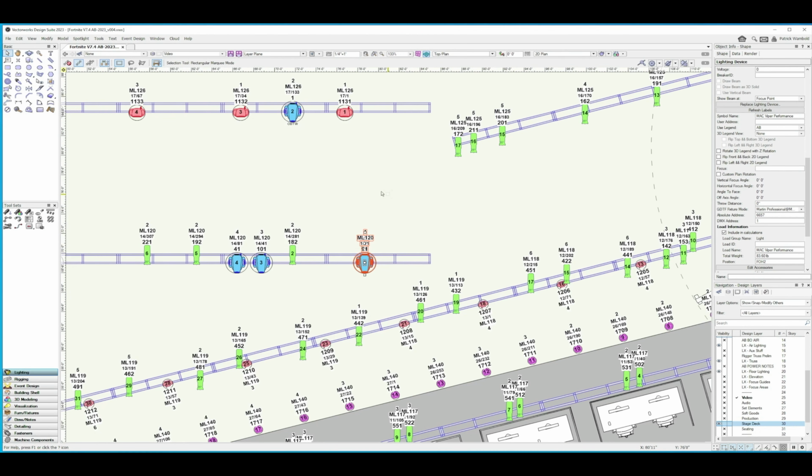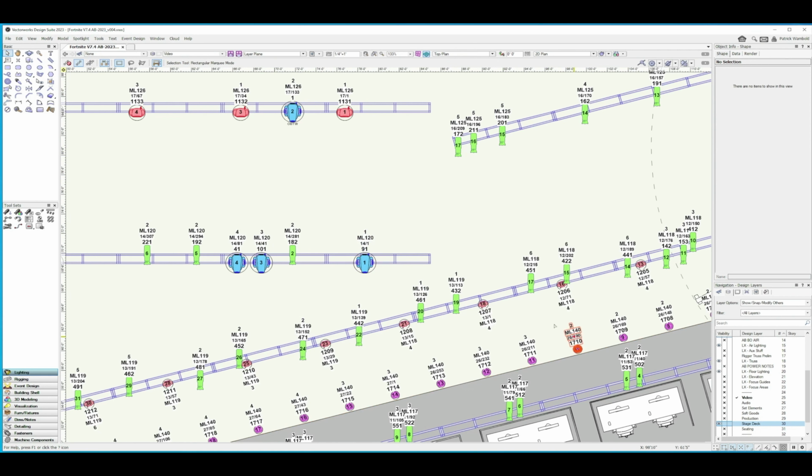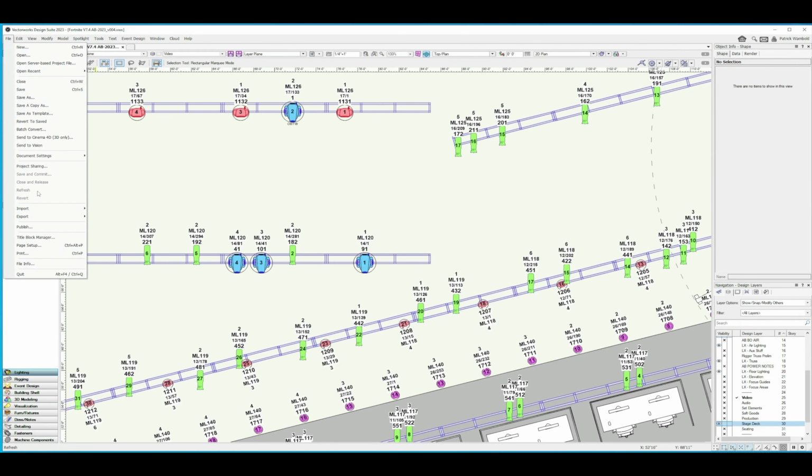Now, I mentioned before that we're going to use two different types of file formats to get everything out of Vectorworks. Since Unreal does not use any of the scene geometry or prop geometry, to get that stuff out, like the stage decking and any of the trusses and things like this, I'm actually going to use the Datasmith format.